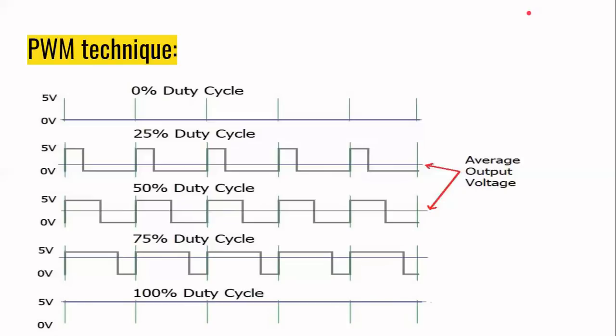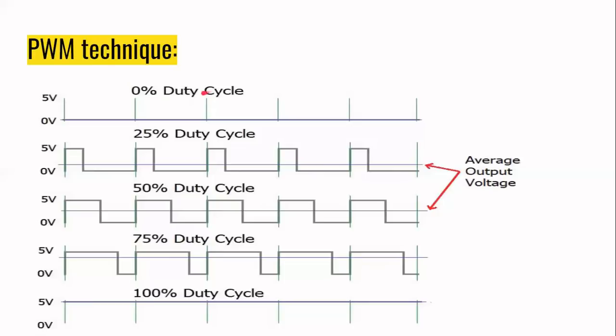And the speed of the DC motor is generally directly proportional to the voltage which we are applying on it. So to control the speed of the DC motor, we need to change the voltage. But the pins on the Arduino can have only two values, 0 or 5 volt. So that is why we use this PWM technique to generate the average voltage between 0 and 5 volt by varying the pulse width. Using this technique we can generate any value between 0 and 5 volt, so we can control the speed.